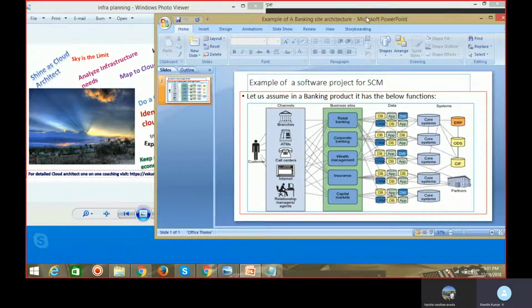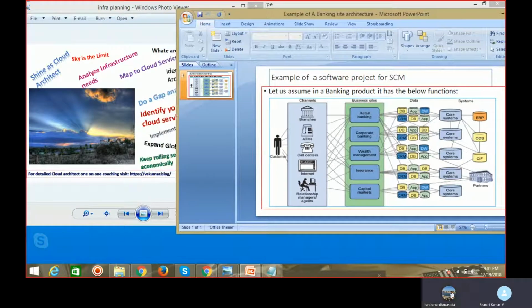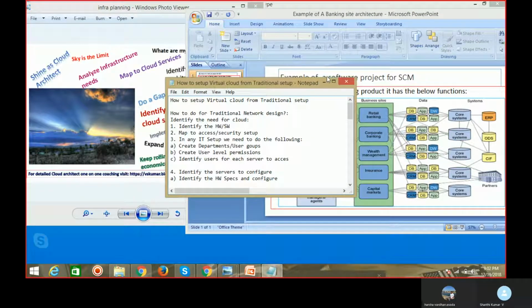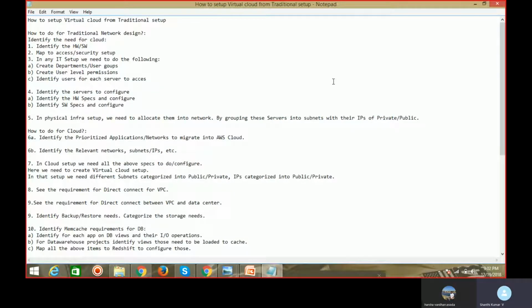Now what are you supposed to do? There are some activities where the cloud architect needs to do. You need to take one infrastructure and analyze it. What do you need to analyze for? Just open that test file. Okay, then increase it. Now these are the steps, right? Virtual cloud. You want to convert it. So in a traditional network, how can you do that setup? You need to analyze it. Then how are you going to convert it? You need to see the AWS related